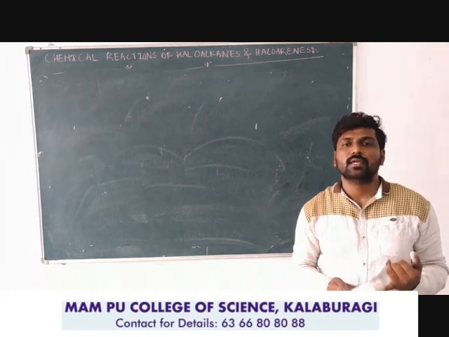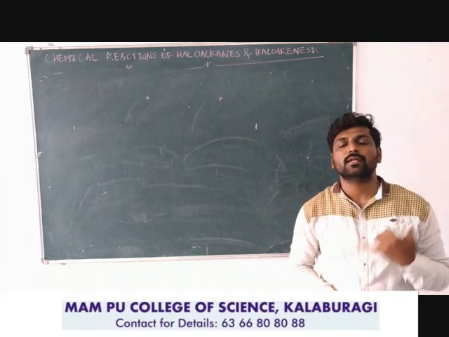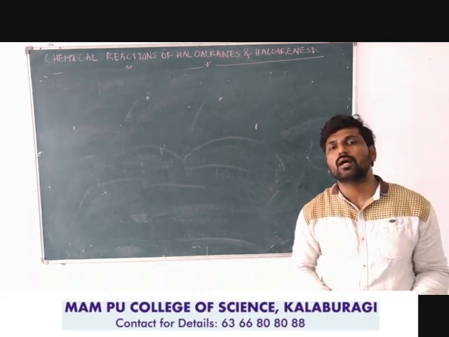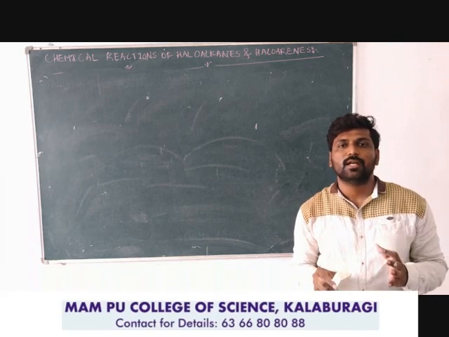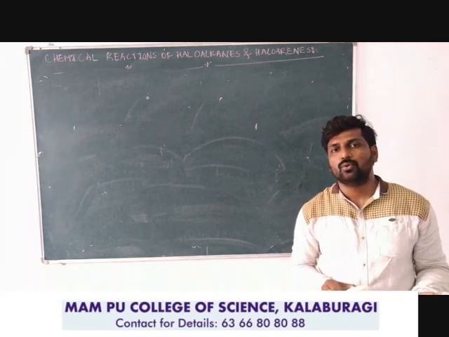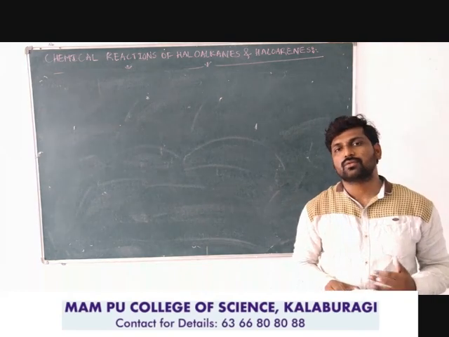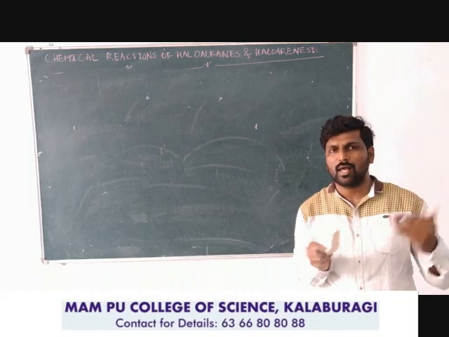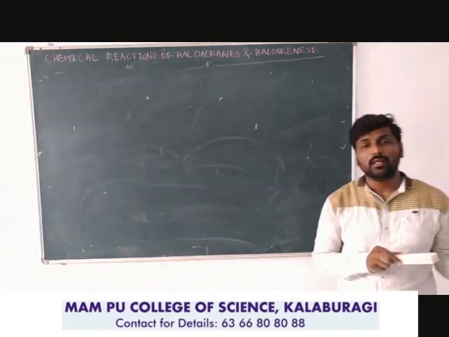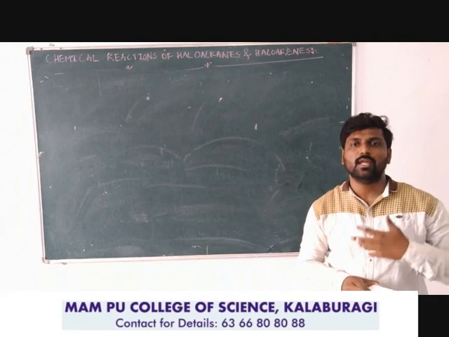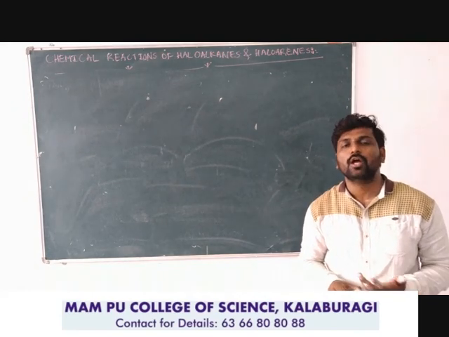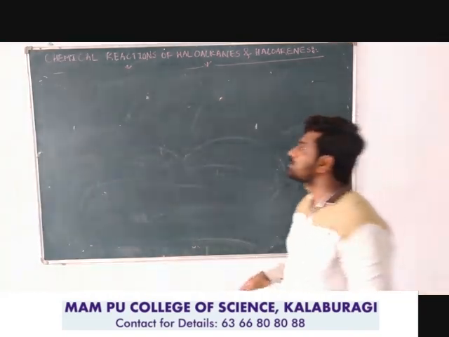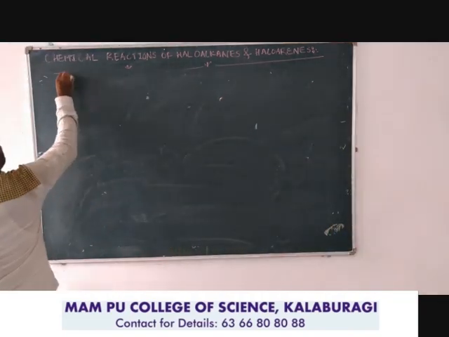Ambident nucleophile, that is KCN, will give cyanide product, linkage to the carbon. AgCN will give isocyanide product, linkage is taking place through the nitrogen atom, because these are ambident nucleophiles. When you take KNO2, potassium nitrite, the linkage is taking place through the oxygen atom. So therefore, alkyl nitrite product will be obtained. When you take the reaction of alkyl halide with AgNO2, you are getting nitroalkane. So simple. We got through the 6 reagents, and the 7th reagent is also very important.